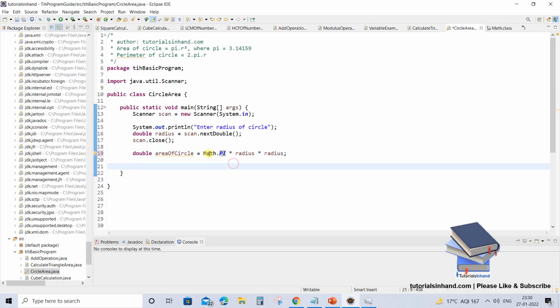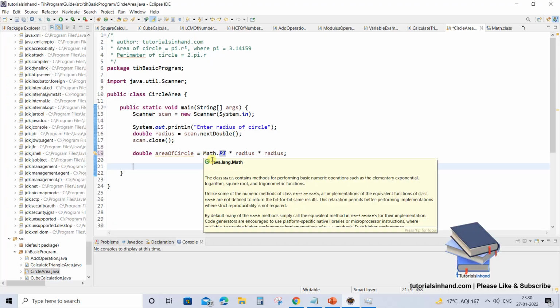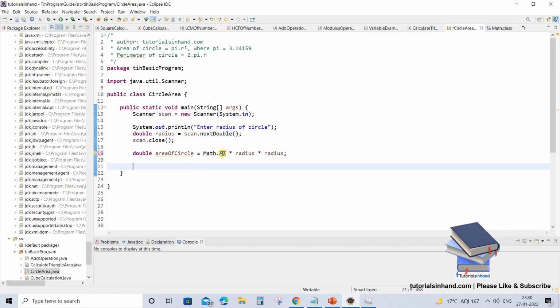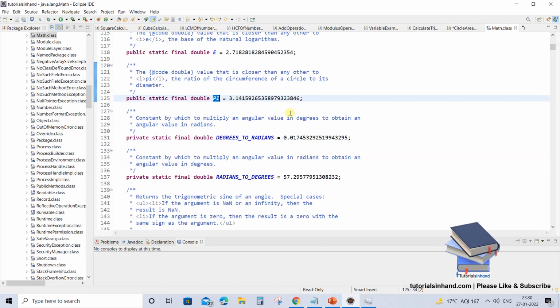So if you want, you can hover your mouse over Math, and it is something which belongs to java.lang package in the Math class, and in Math class we have this value. Now if you want to see, you can press Ctrl and then click on PI. It will take you to the Math.class, and here you can see the value is declared, which is getting used over there in our class, and this value is actually final and static, right? Final means it cannot be changed later. If you are using this formula, we cannot change it in our class.